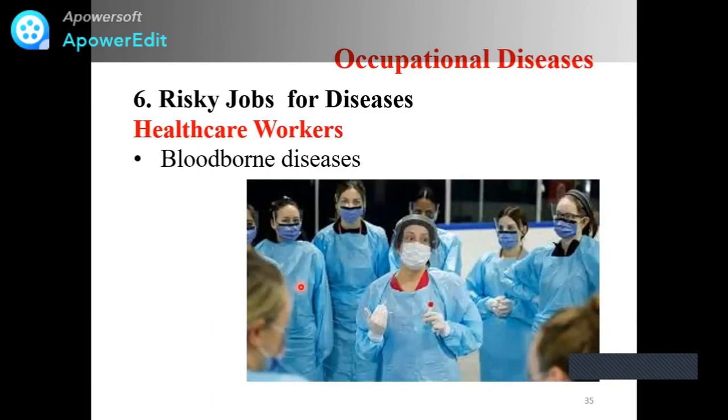Healthcare workers. Healthcare workers are exposed to countless diseases and illnesses at their job. Medical professionals can face the threat of tuberculosis